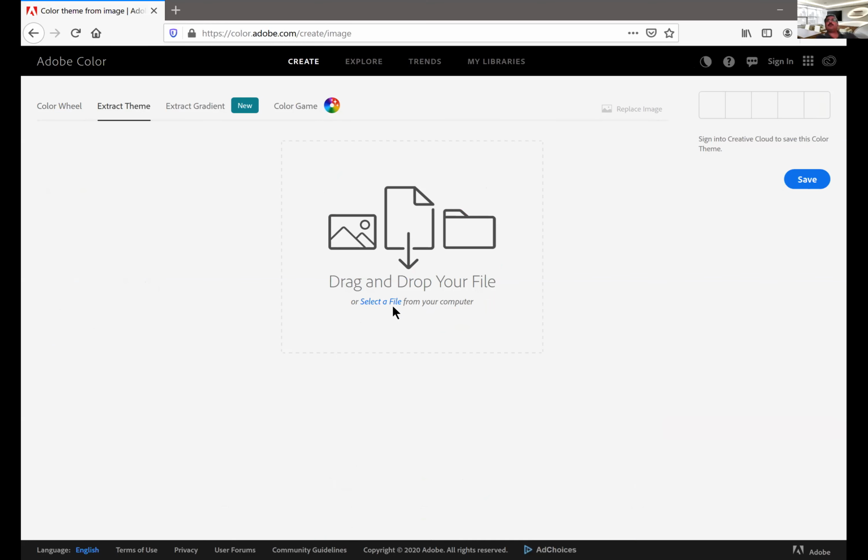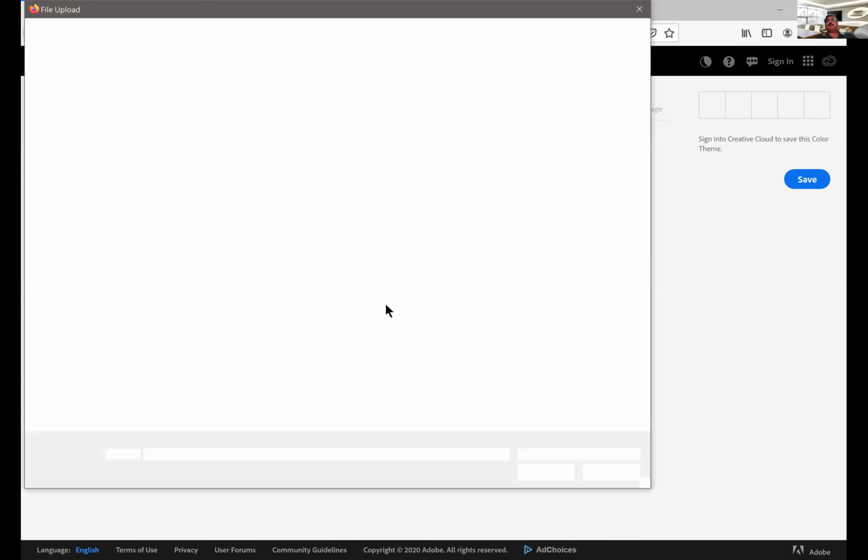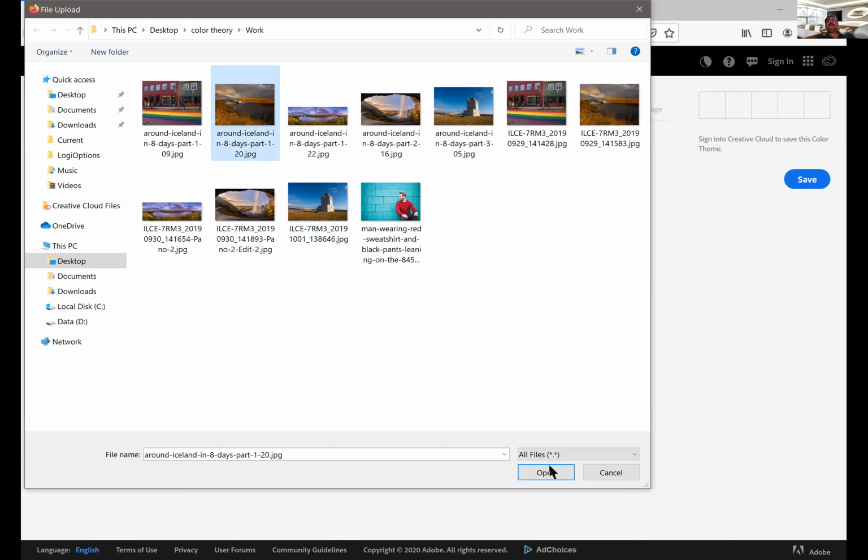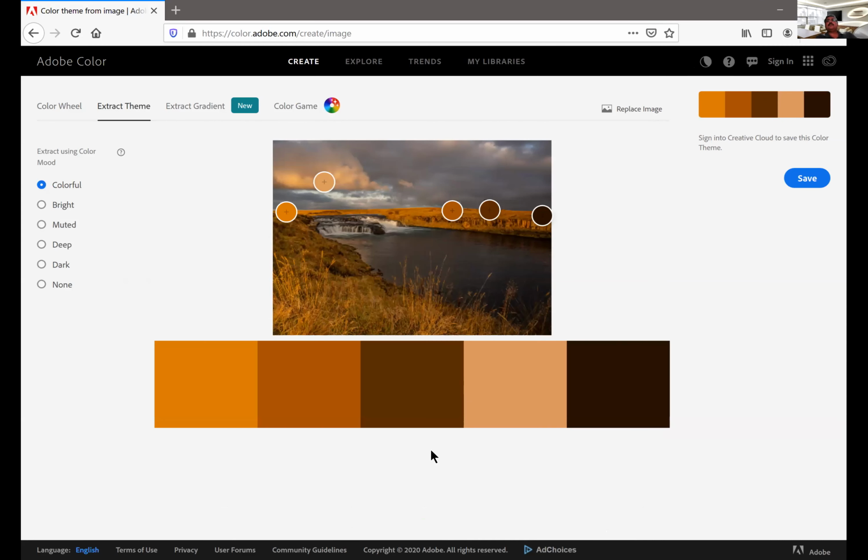Now let's go into the website and extract one of the photos which I have used. I'm doing this live, so you will exactly get the feel of what you can do with this particular picture. So let me start with this picture. This was taken from my recent Iceland trip.